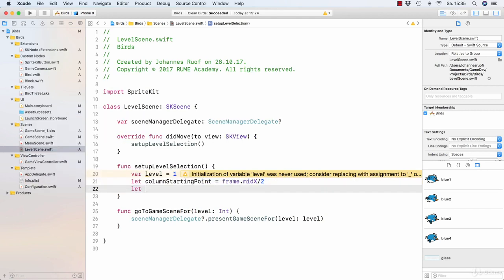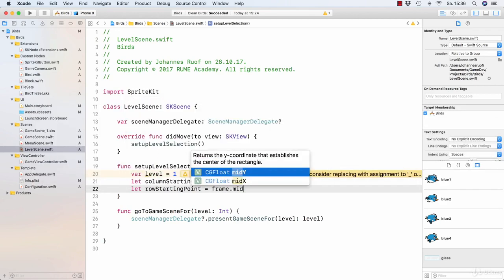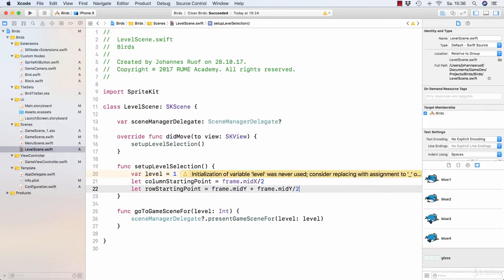I will then define a constant rowStartingPoint, which will be the y position, which I will set to frame.midY. And then I will add frame.midY divided by 2. This will position this coordinate at about 3/4 the height of my scene. These 2 values combined will put our starting point in the upper left corner of our scene. Now that I have those 3 values, meaning our level value and the 2 starting point coordinates, I can begin